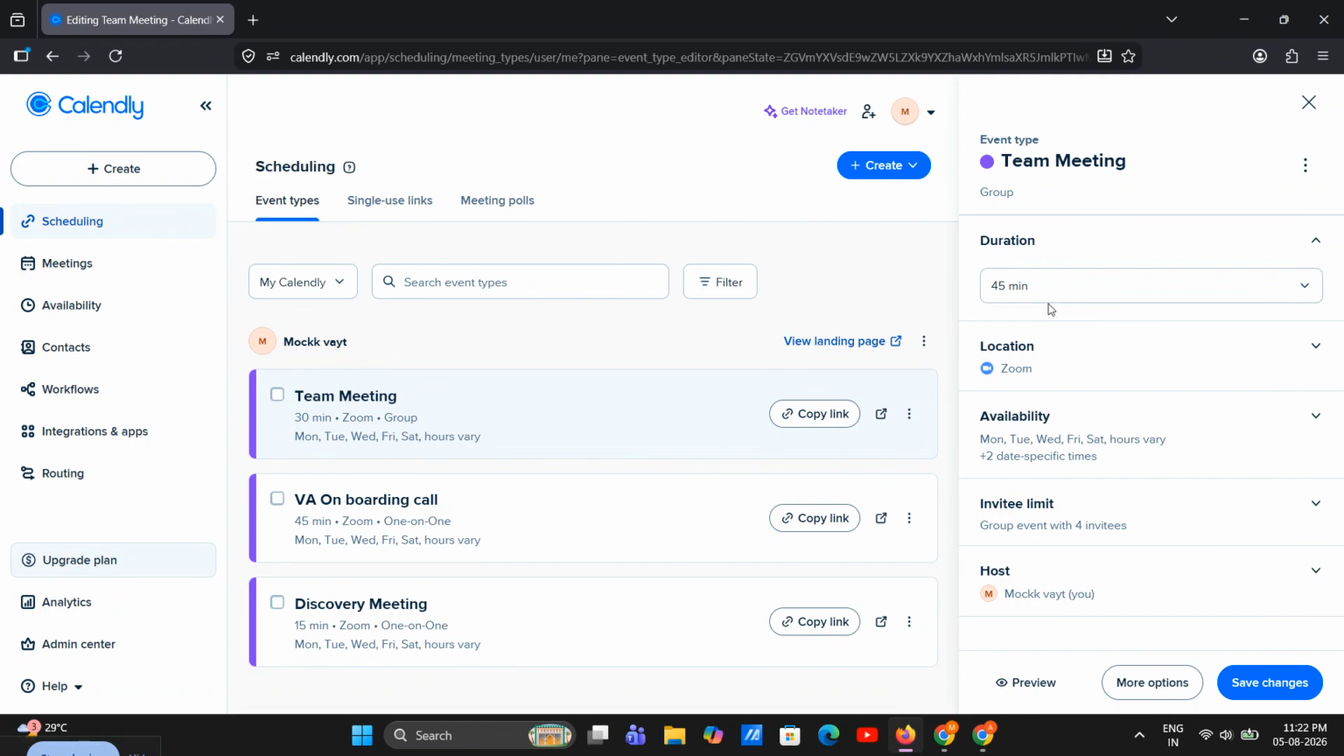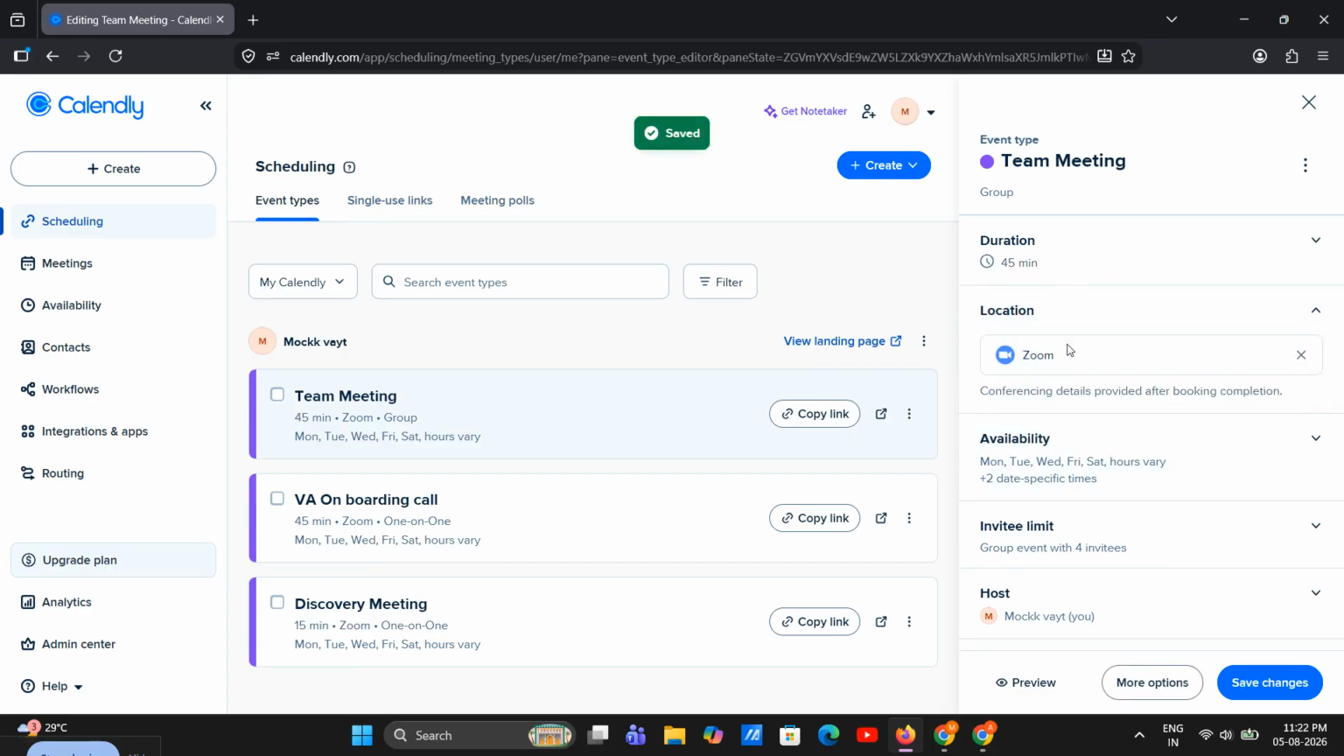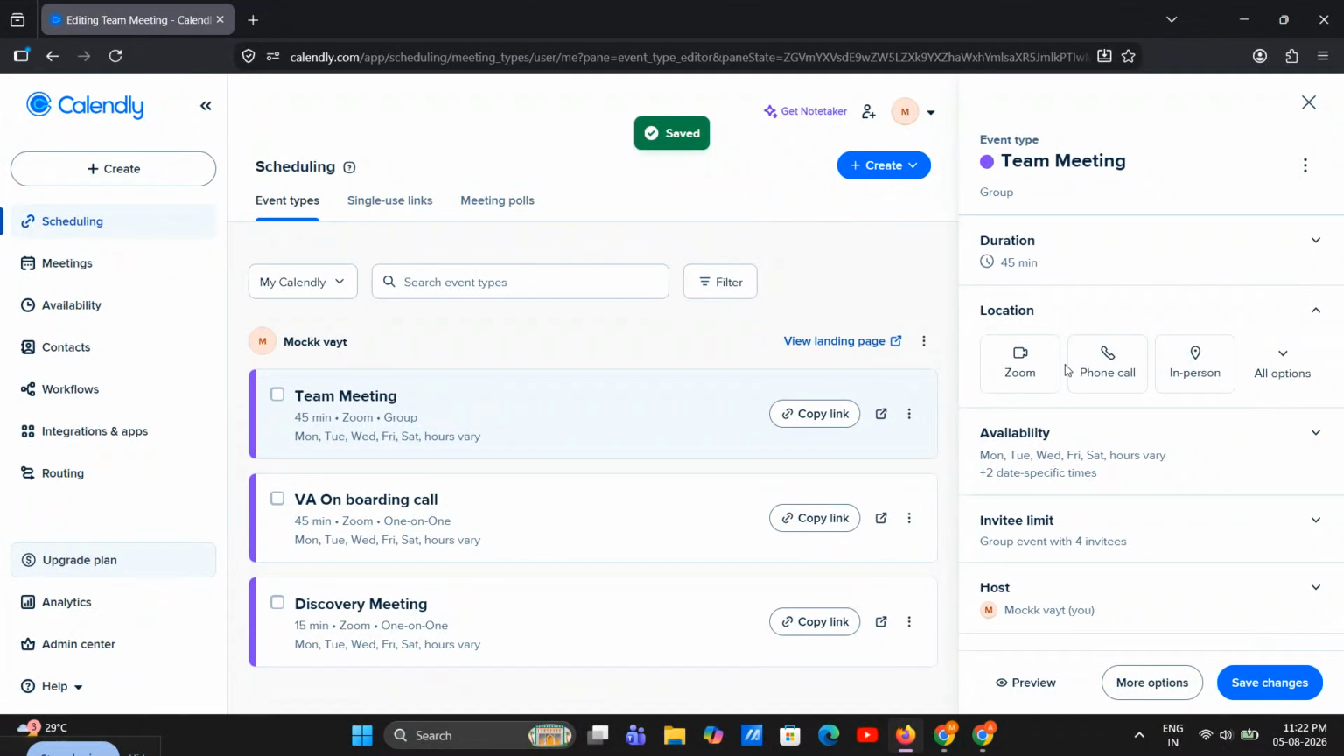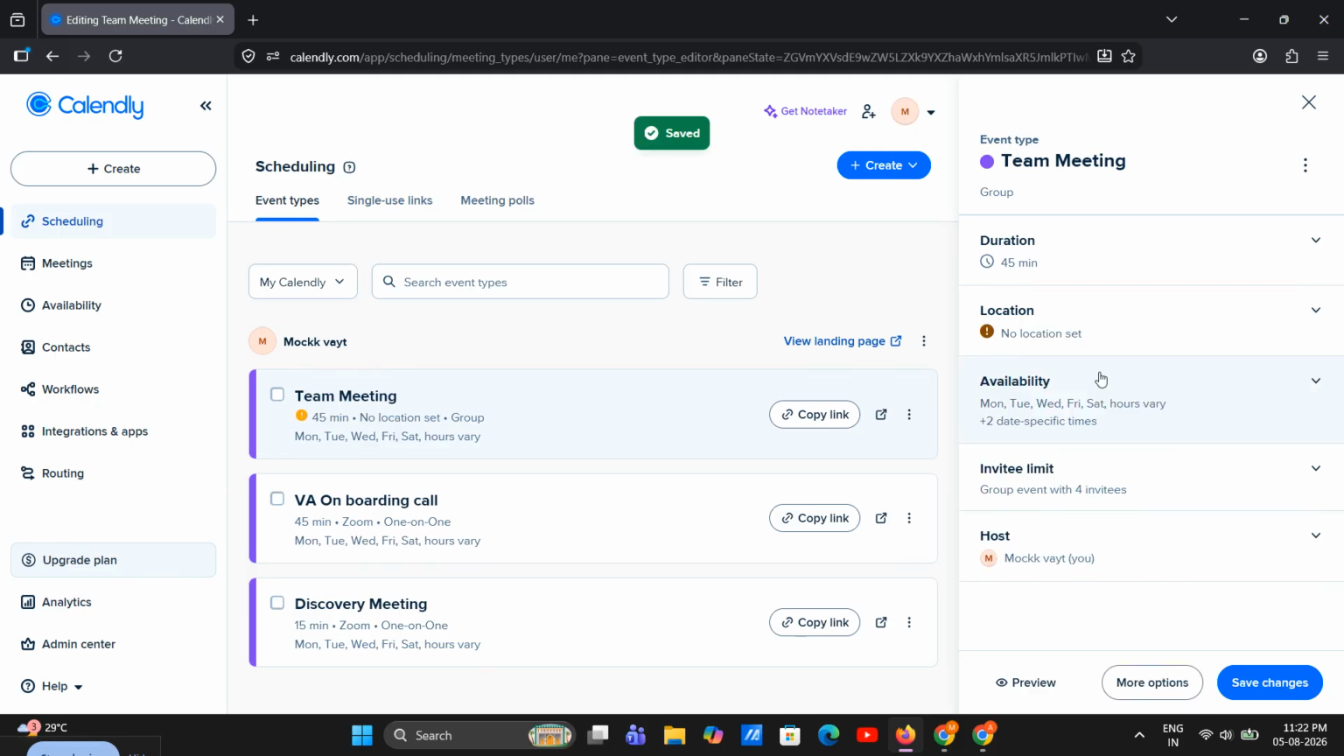Now move to the location or meeting method. This is where you decide how the meeting will happen. You can select options like Zoom, Google Meet, a phone call, or even an in-person location if needed. If you're hosting online meetings, make sure the correct video platform is connected so guests receive the right meeting link automatically. If the meeting is by phone or in person, double check that the instructions are clear so there's no